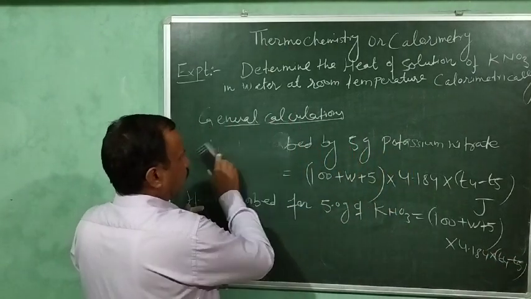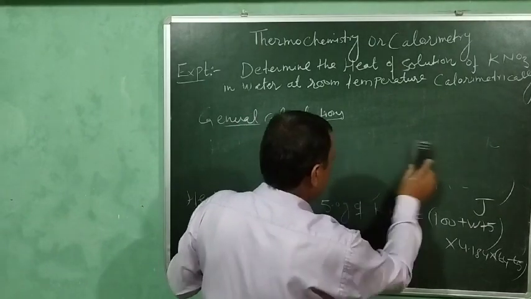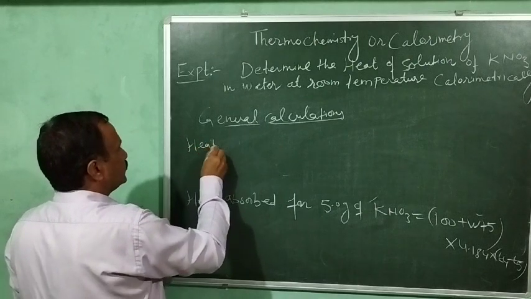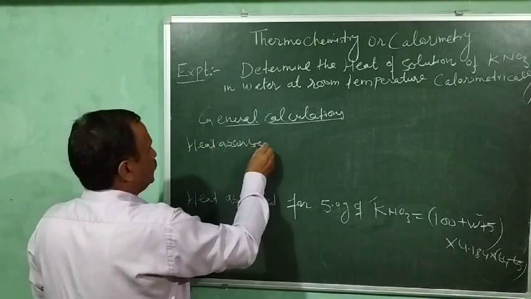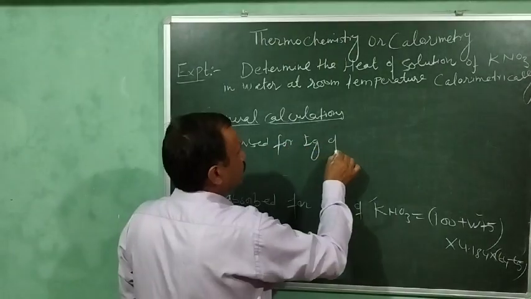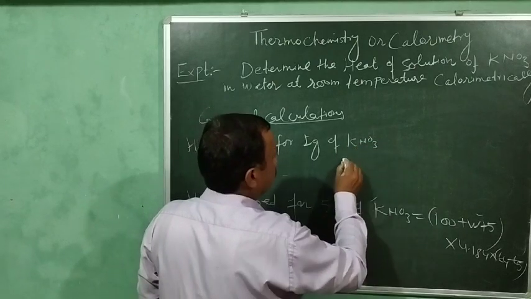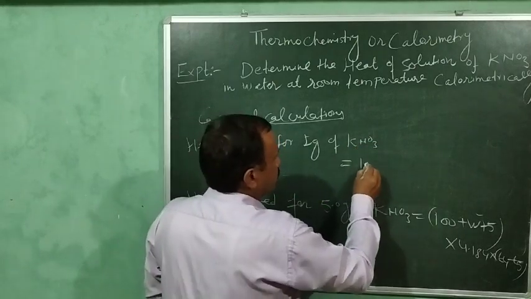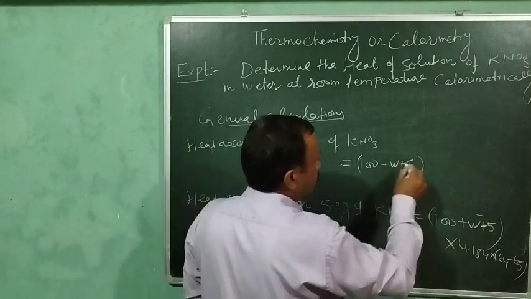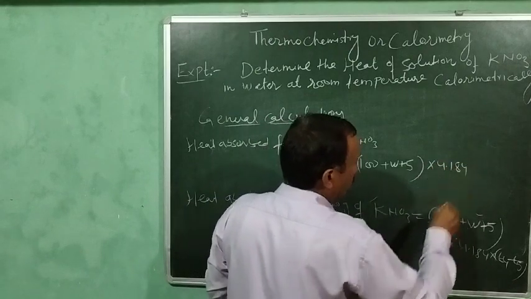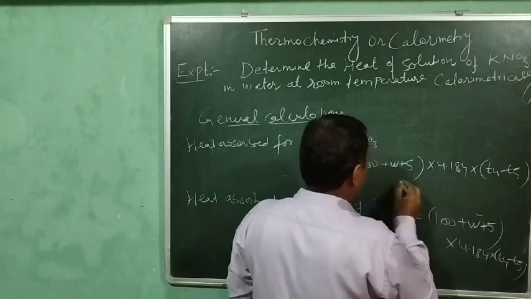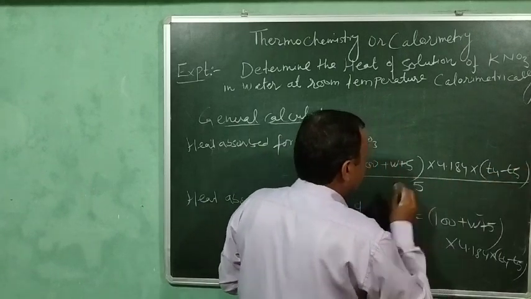Okay, then heat absorbed for 1 gram of potassium nitrate will be equal to 100 plus W plus 5 into 4.184 into T4 minus T5 divided by 5,